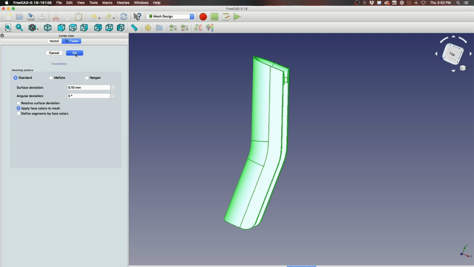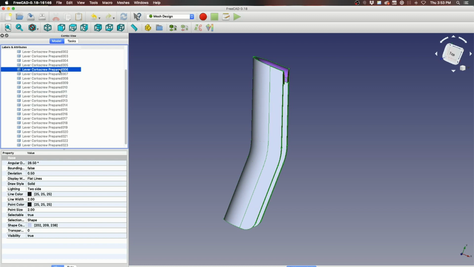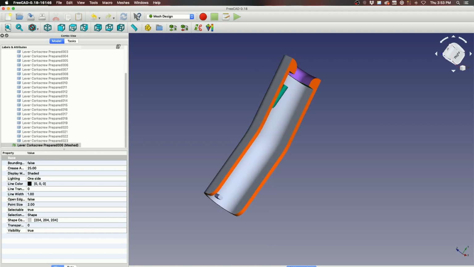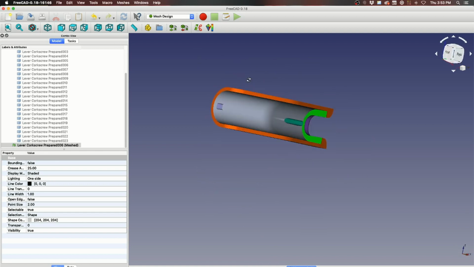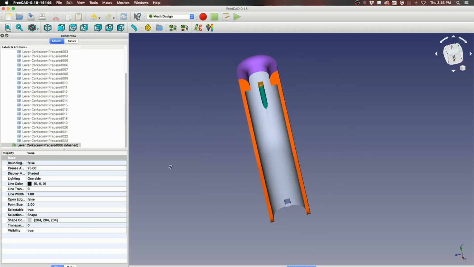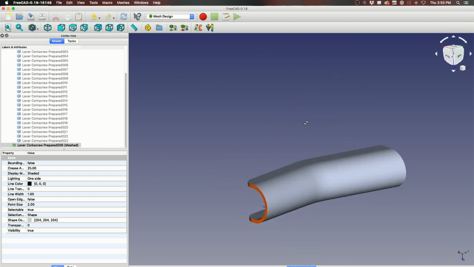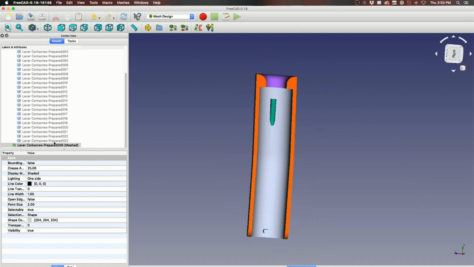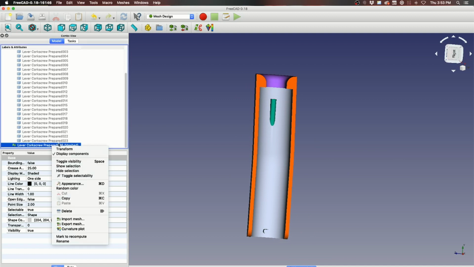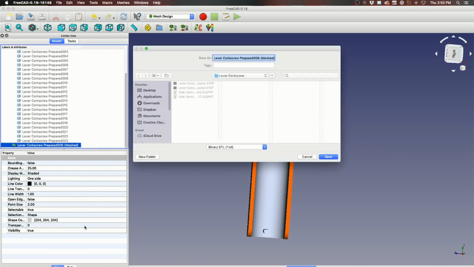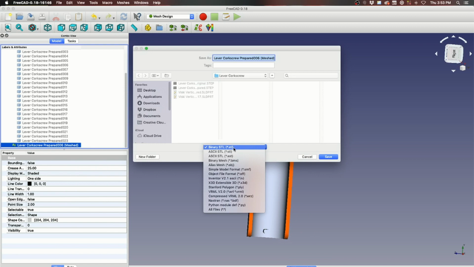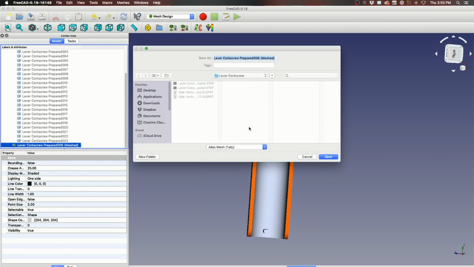All right, so I'm going to hide the original part body. And now we have this mesh that has the face colors we assigned to the various portions of the mesh that correspond to those faces on the part body. I'm going to right-click on the mesh and Export Mesh. We're going to choose OBJ. We'll call this